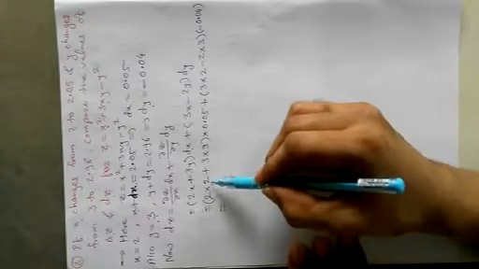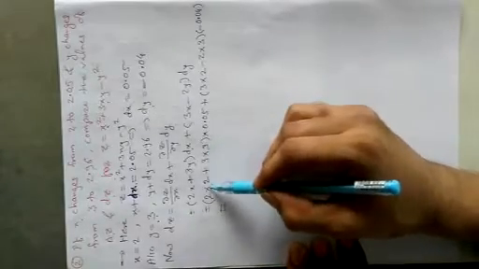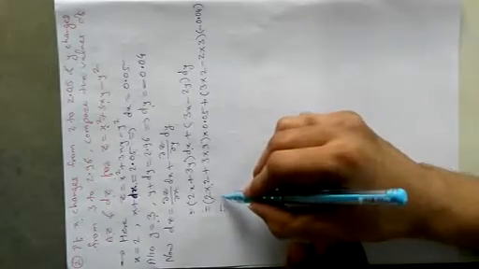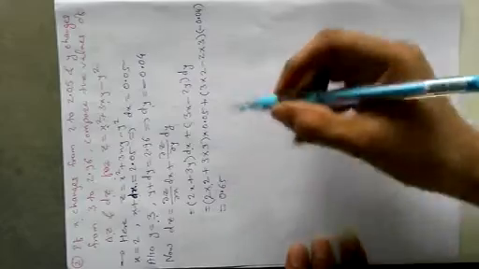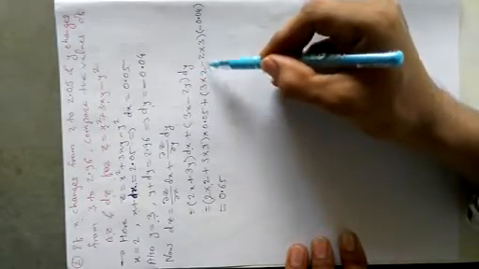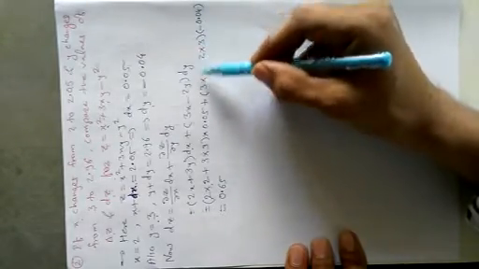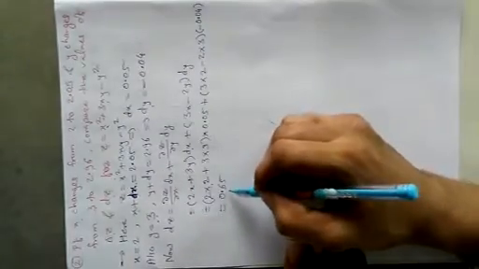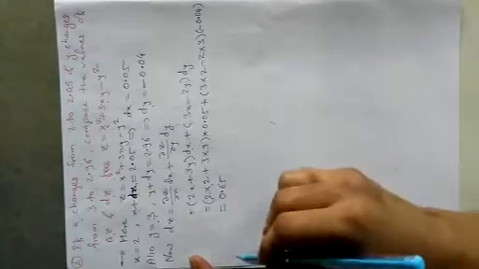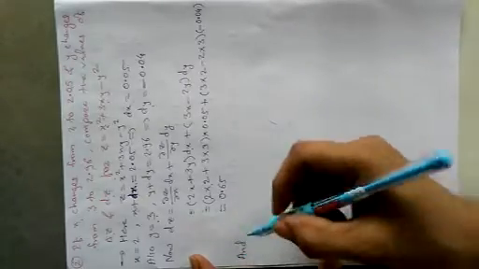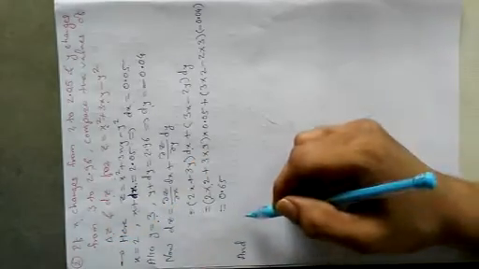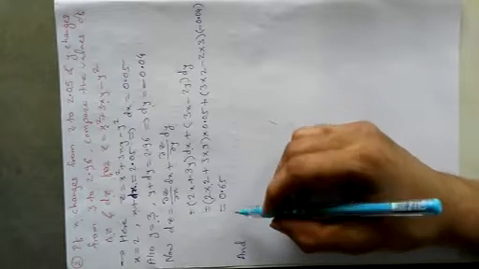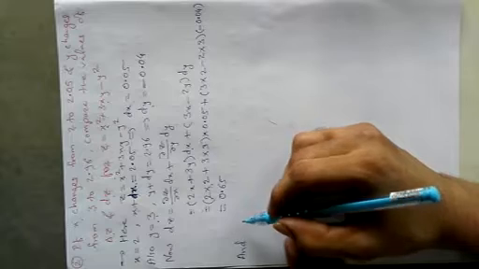Now we calculate this. 2 into 2 is 4, 3 into 3 is 9, 9 plus 4 is 13, 13 into 0.05 will be 0.65, and for this value 3 into 2 is 6, minus 2 into 3 is 6, 6 minus 6 is 0. This product will be 0. So now the value of dz is 0.65. Now we calculate capital delta z. What is capital delta z? We have already discussed this in the definition of